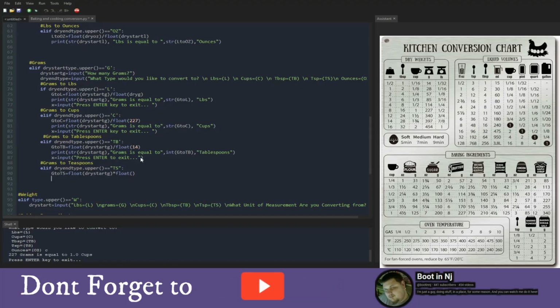And then we'll go down to the next one and we'll say print. We'll print the whole string of dry start G,